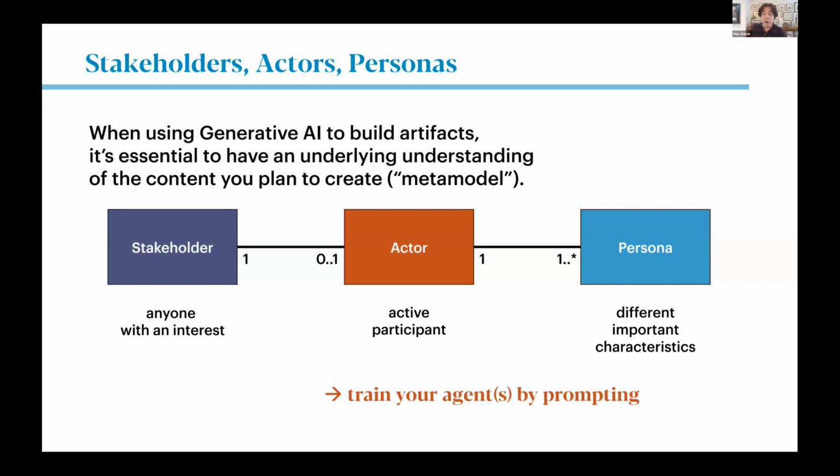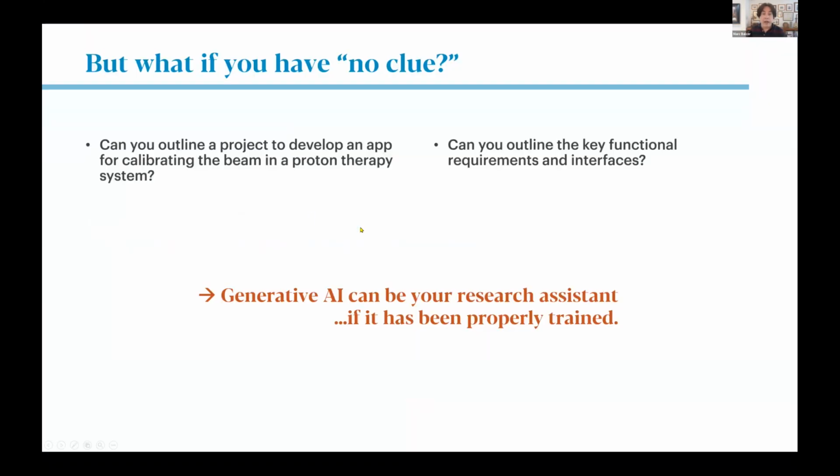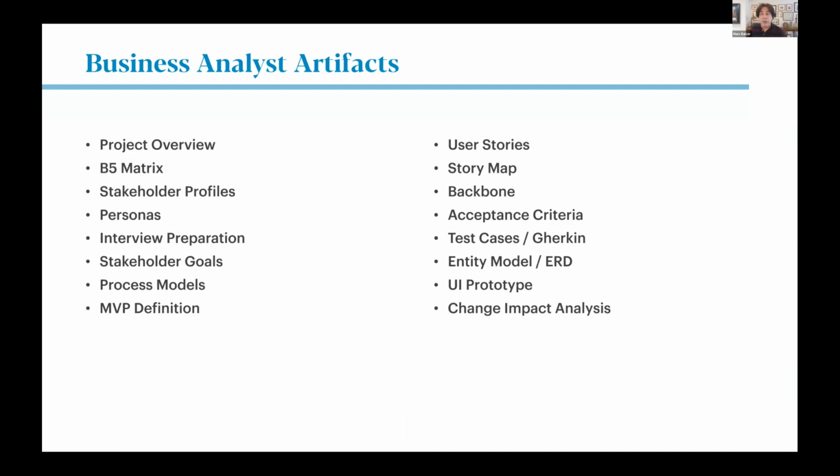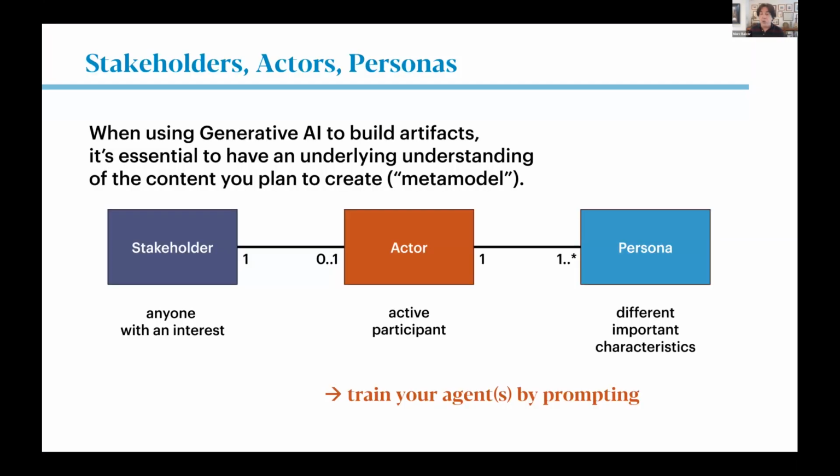Because you're going to be working with a lot of artifacts, one of the things that I find is very useful is to make sure that as you come back to this list of artifacts, like you see here, and you see different models and elements and names and so forth that you're going to be working with, it's useful to develop what I call a meta model. In other words, define what's a stakeholder versus what's an actor versus what's a persona. Because AI will use these terms very consistently, but it's also important to make sure that it's using the terms in the form that you're familiar with. If it's not doing it in the form that you're familiar with, you can train it.